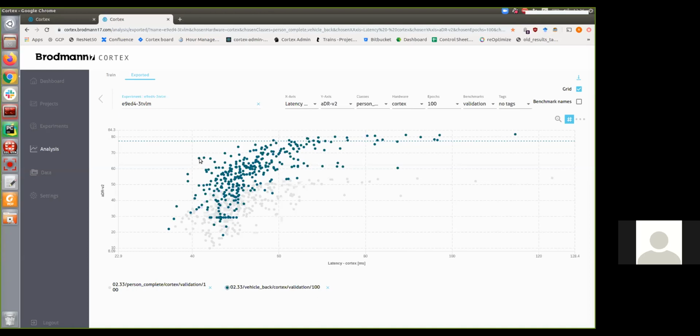For instance, this model here that produced this point is better than this one because it has the same latency, same speed, but it's much more accurate. Also, if I'm taking these 2 points here, this point is better than this one, hands down, because it has the same accuracy, but it's faster, right? So you can already see that some points here can be discarded without an afterthought. And all the points on this line here, this so-called Pareto line, offer the best trade-off between accuracy